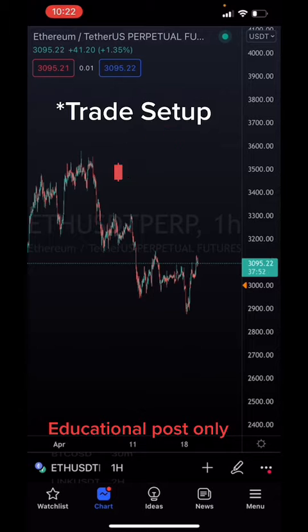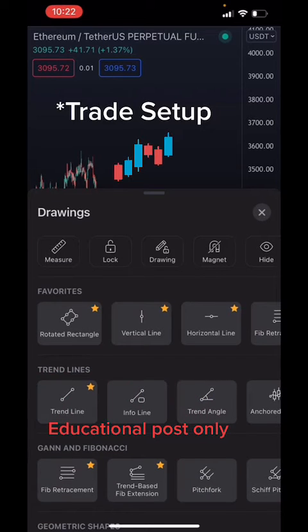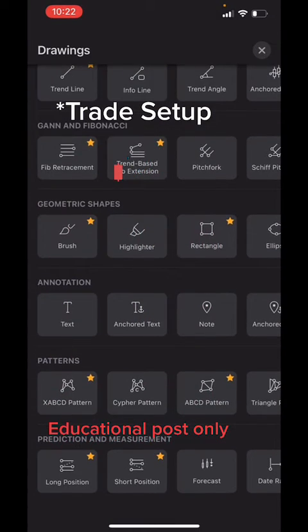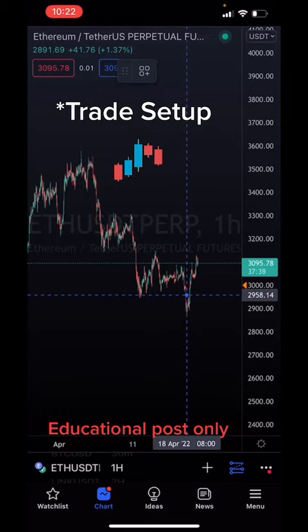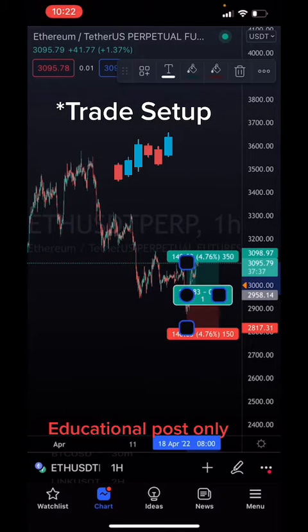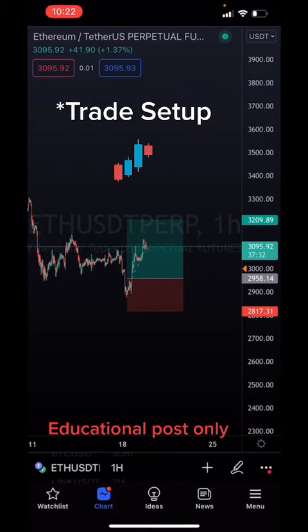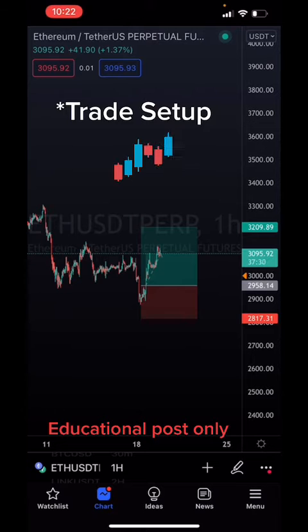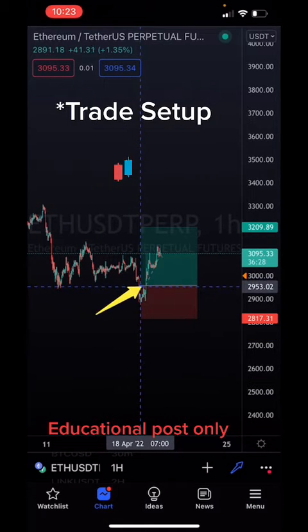So an entry is a point. Okay, let me show you guys. Let me go to my position tools. Okay, I take this trade when the price was trying to get above the previous low, and okay, look, as you can see, an entry point is a place where you place your order to enter